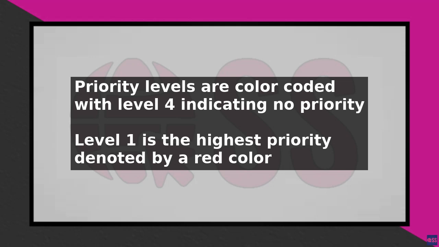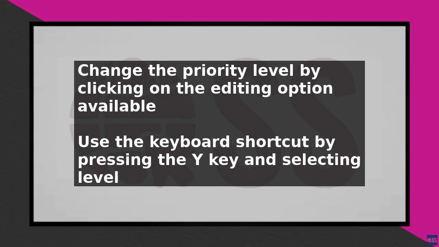To assign a priority level, simply select the priority option and choose the desired level. The priority levels are color-coded, with level 4 indicating no priority and level 1 being the highest priority, denoted by a red color. To change the priority level, you can either click on the editing option and select Set Priority,